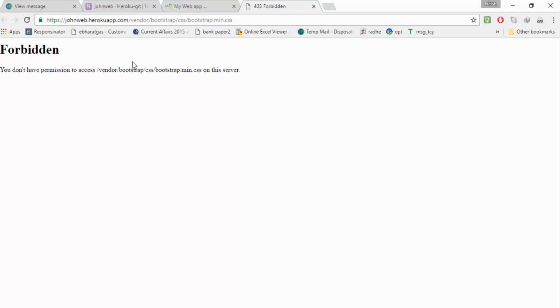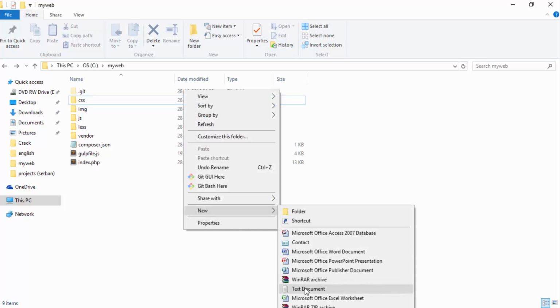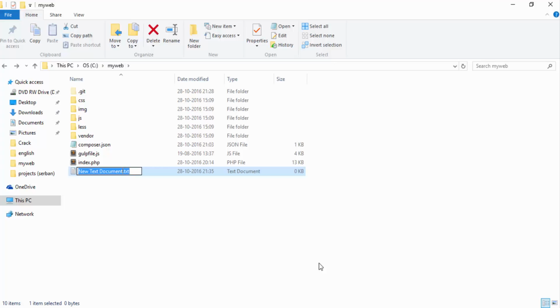So to resolve this forbidden error, we can see your command line. Actually you have here a notice: no Procfile, using web vendor bin heroku php apache2. So there is no process type actually to give access to all the folders to the PHP file. We can declare the PHP permissions within a Procfile, and the Procfile declares the type web. It's a default. With this declared type we cannot access your subfolder contents like CSS and JavaScript files. So for this we can add a Procfile without any content, without any extension. Simply enter P capital, PROCFILE, Procfile,